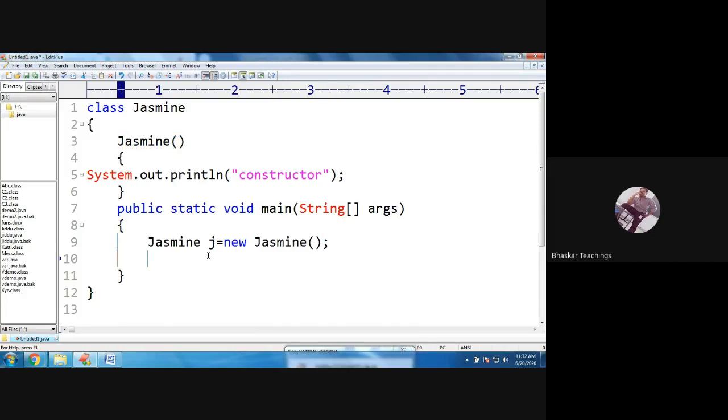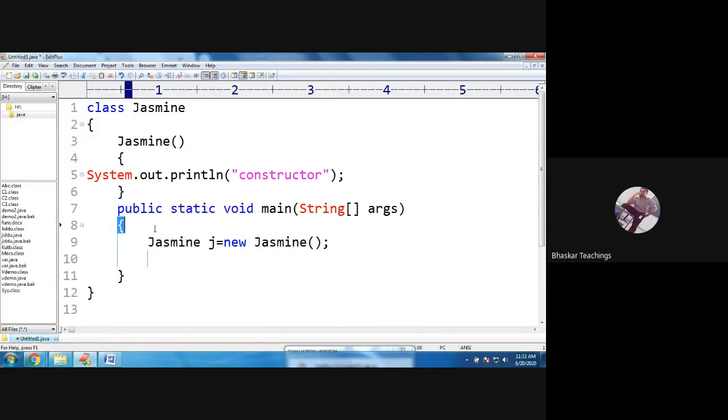constructor. So far we have seen this is the class name, and this is the object name and the new keyword. But what is this? This is the same as the class name, right? That means this is a constructor. And where is the constructor? Here it is. So this is nothing but a call to the constructor, and when this object is created, this constructor gets executed. So see here in the 7th line, the main function started, right?